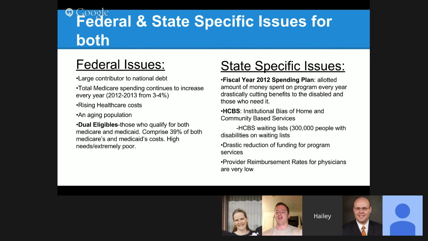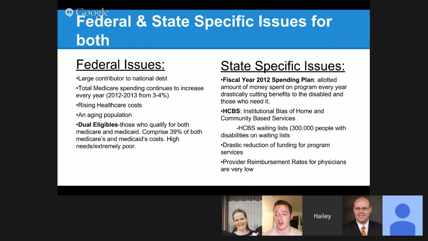Basically, what that is you have to be part of an institution or considered an institution to receive health care. And to be in an institution or be considered an institution to receive Medicare and Medicaid, you have to be on a waiting list. And there's a statistic that says 300,000 people with disabilities are on these waiting lists. So there's a large amount of people who are just waiting to be considered an institution base so they can